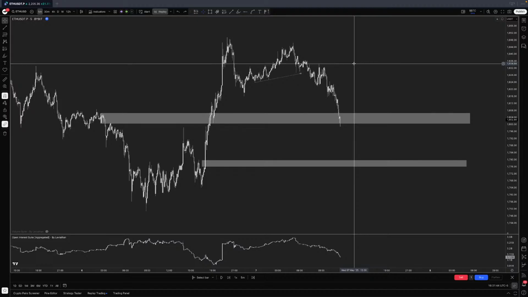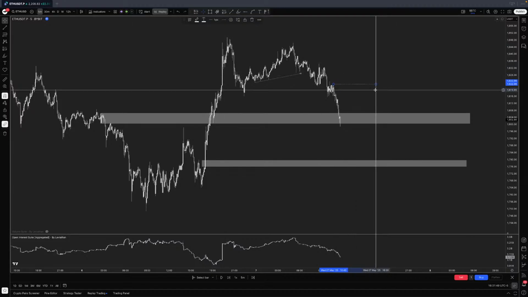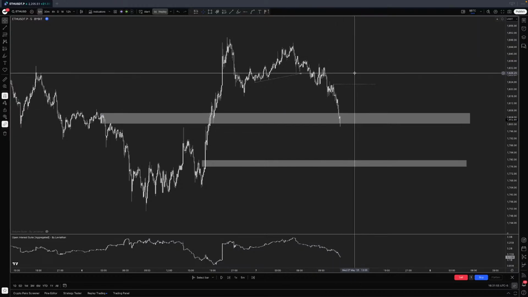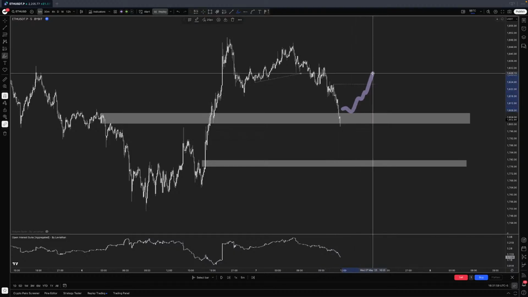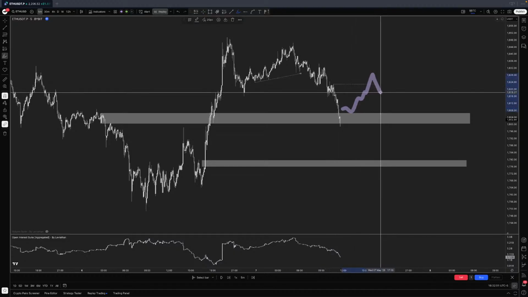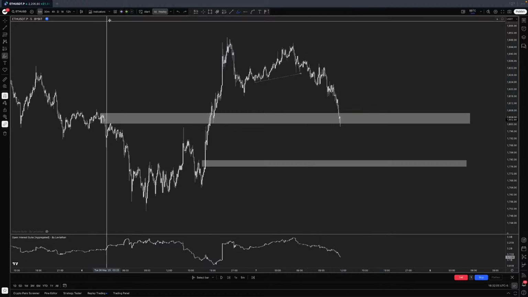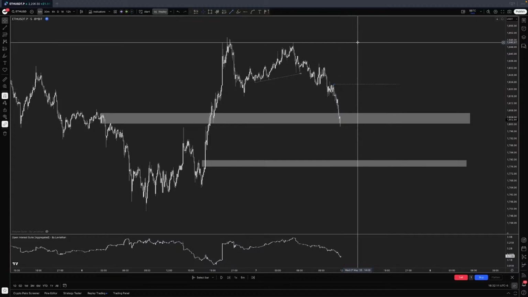What do I mean by that? I need the previous lower high to be taken, because we have interacted with the first zone of interest. The price needs to go above this, break microstructure, pull back, and then continue to the upside. So that's my level that we need the market to retrace to. Let's see if it happens.